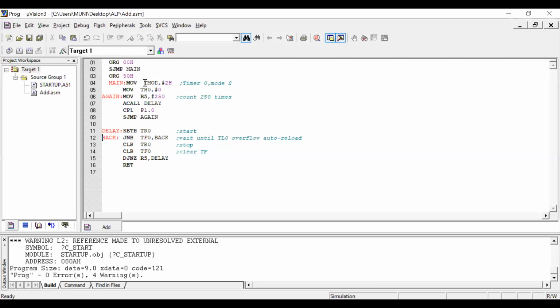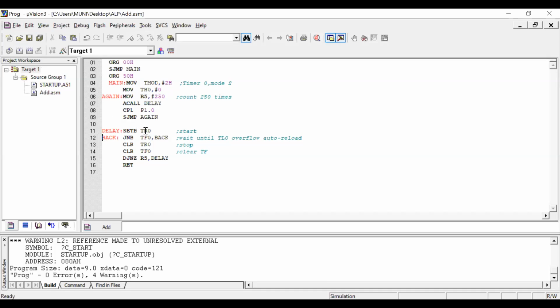After that, MOV TMOD, #2H. Already we discussed that timer 0 mode 2 is enabled. MOV TH0, #0 indicates that the initial value is loaded into TH0, that value is 0 here. Next, MOV R5, #250, so we are taking one more variable here, the R5 register, which we initialize to 250, so that we perform 250 iterations. Next is LCALL DELAY, then it automatically transfers to the delay label.